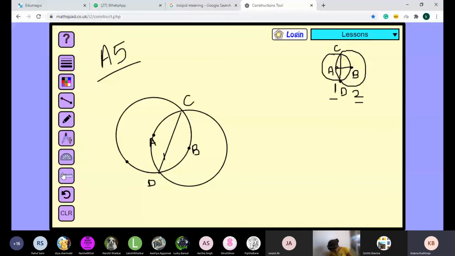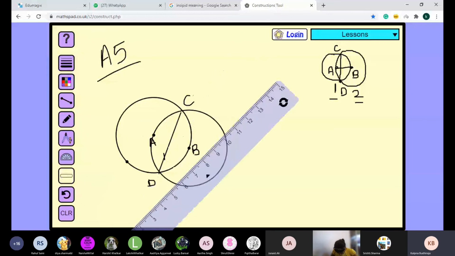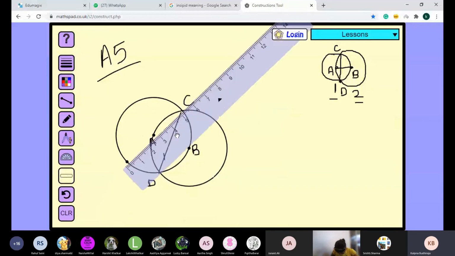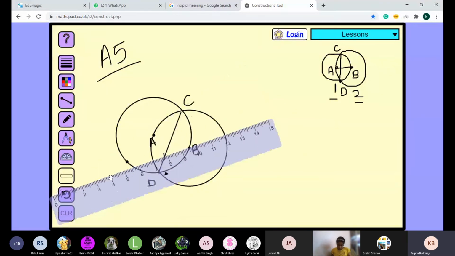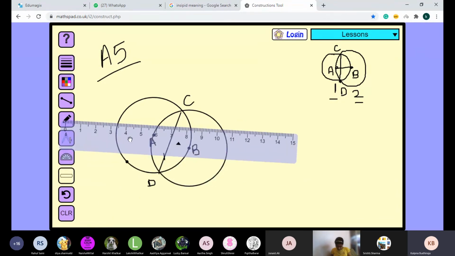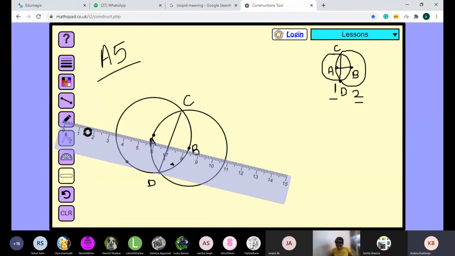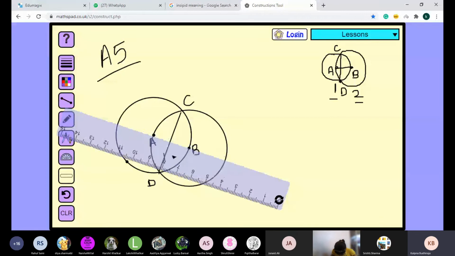Now I will join A and B, and these two lines are going to be perpendicular. This is a property which you will prove in 9th class. In higher classes we prove how the two lines are perpendicular to each other, through theorems. For now you are proving it through construction, but in higher classes we have theorems and proofs related to it. Okay, now I am joining points A and B. Understood the construction? Yes, Shrishti.